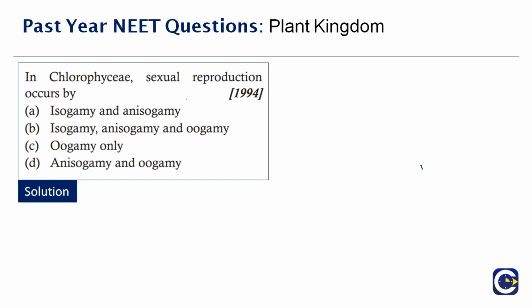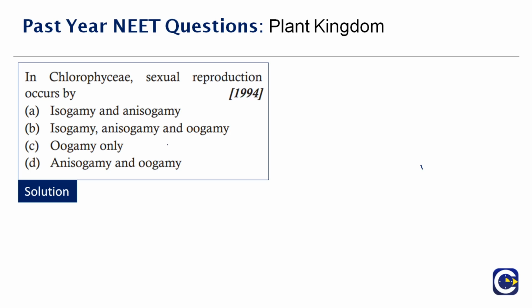So the correct answer to this question is, when I say green algae, mostly or predominantly they show all forms of sexual reproduction: iso, aniso and oogamy. Now you have to know what is iso, aniso and oo. Iso means, as I already said, fusion of gametes of similar size. It is fusion of gametes of similar size for isogamy. Anisogamy means fusion of gametes with dissimilar size, and oogamy is once again fusion of gametes with